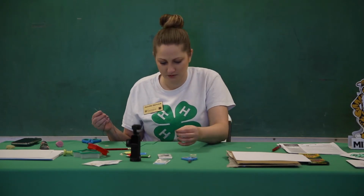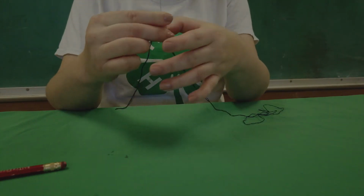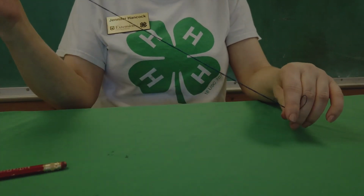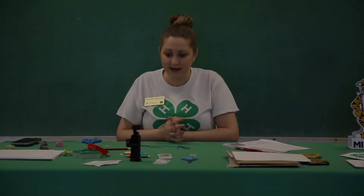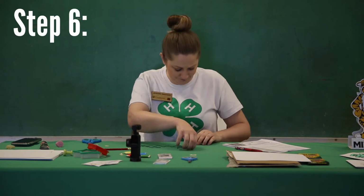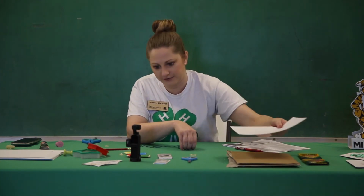Now, you should have a loop at the end of your needle to make your flat knot for the next step. Now you're ready to start embroidering. So for step number 6, get your card